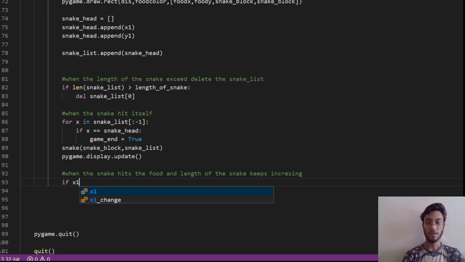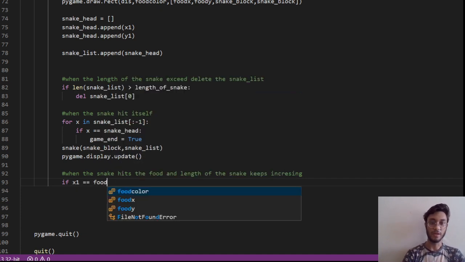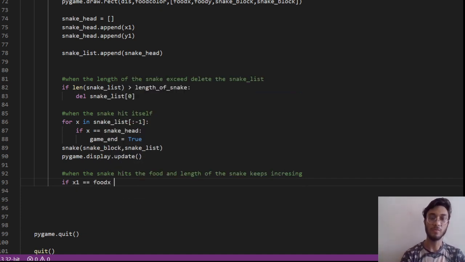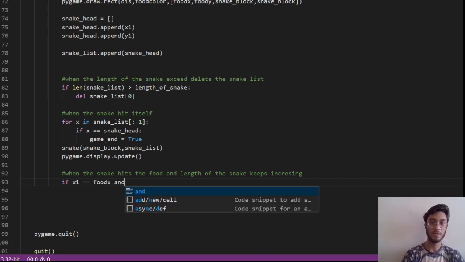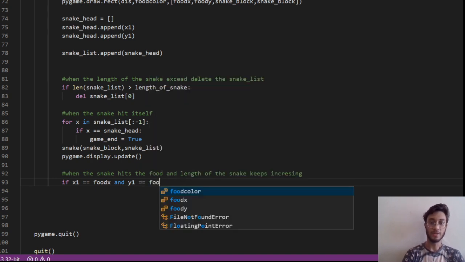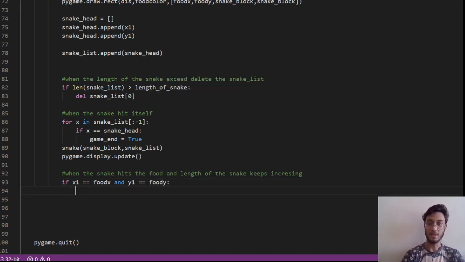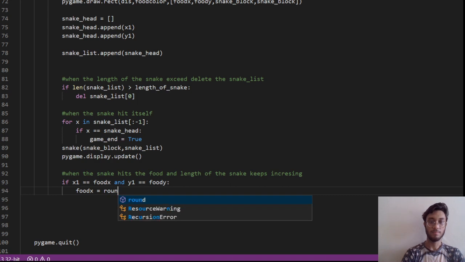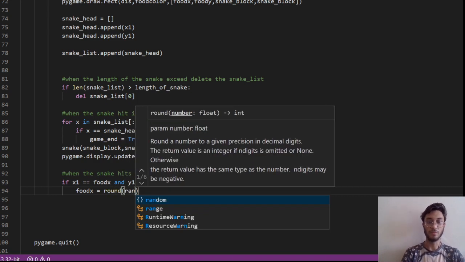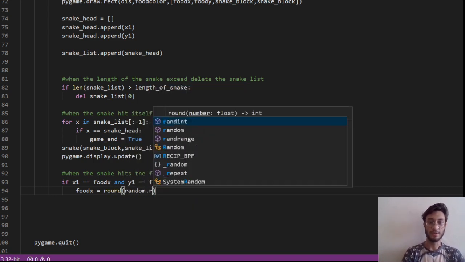If x1 coordinate is equal to the food x coordinate, and y1 coordinate is equal to the food y coordinate, in that case, food x should change its position. We are going to use random dot randrange.